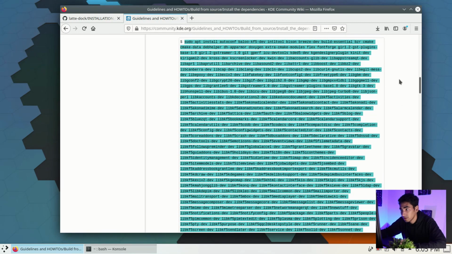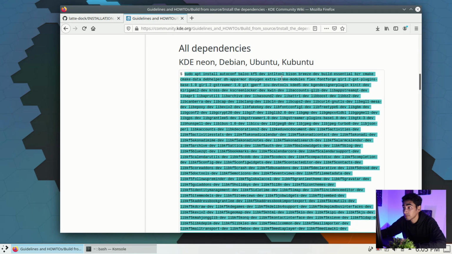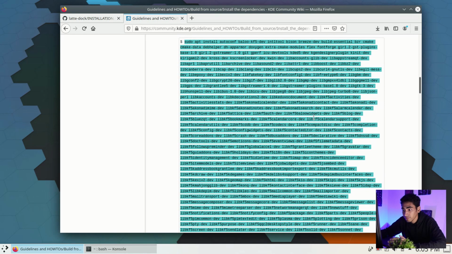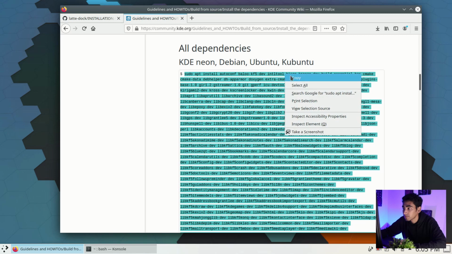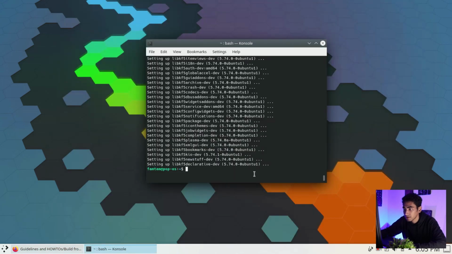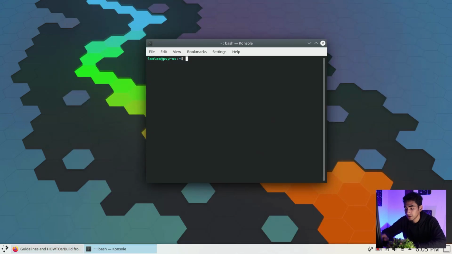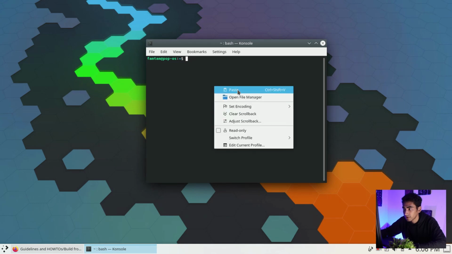So let me explain you a little bit. What I'm doing right now is I'm installing some dependencies for this desktop environment which will help to run the latte dock. So I'm going to just copy this and go to the terminal, clear this, paste it over here,